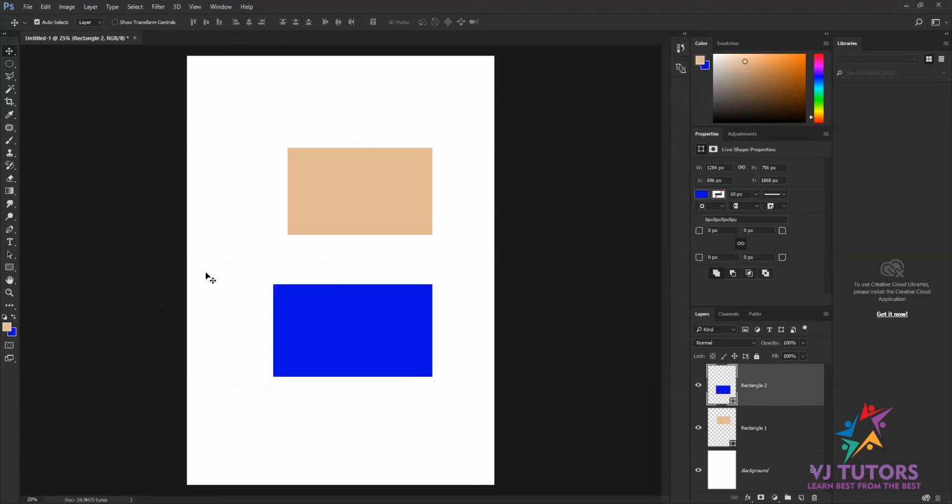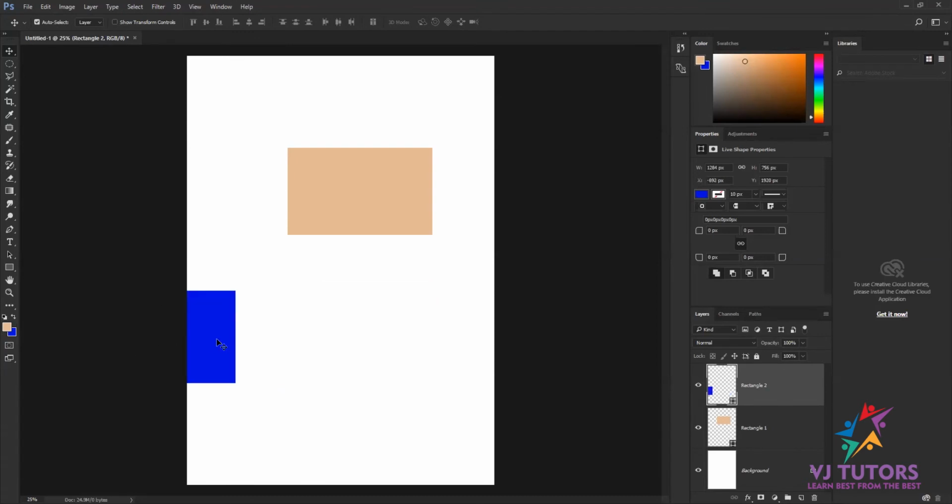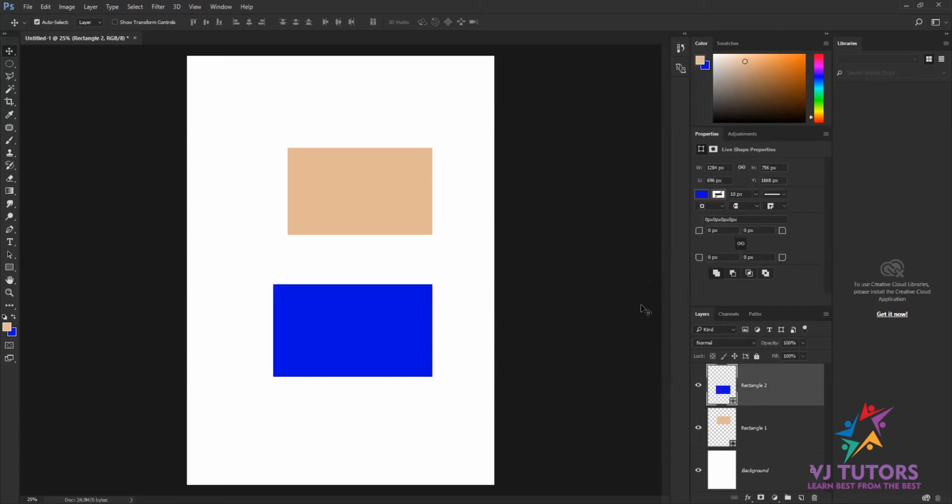It is like a real-time example. If you are creating something on a canvas, you can't work beyond the canvas, right? The same technique is used here. If you want to work in Photoshop, your artwork should be in the page area. You can't keep it something like this. So just make sure whenever you are working, you are working within that page size.